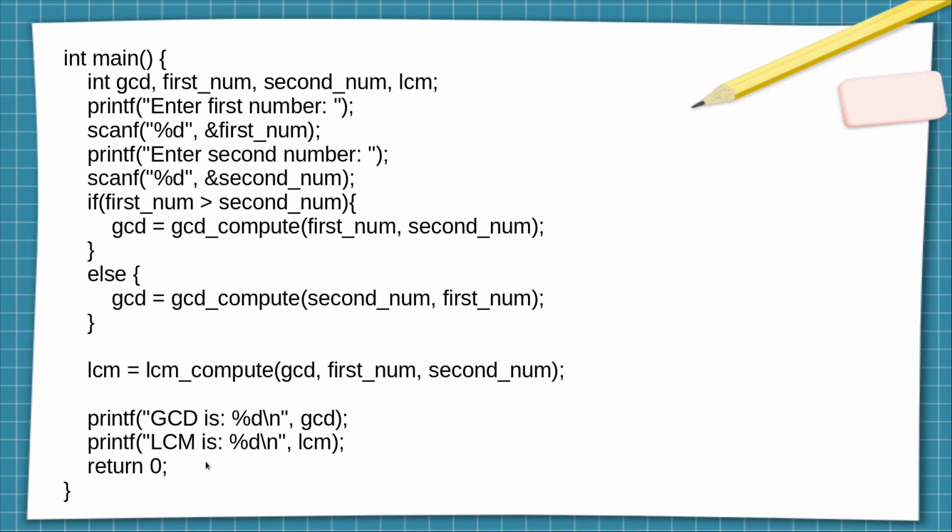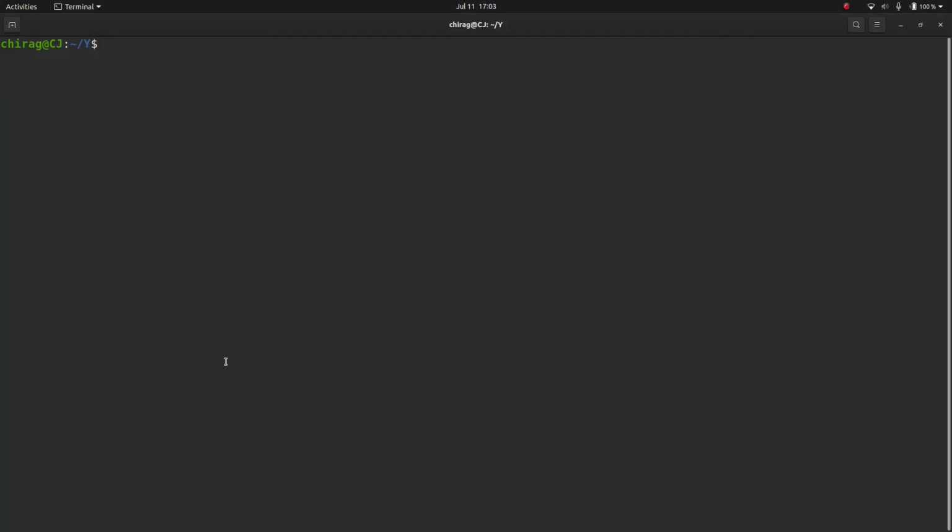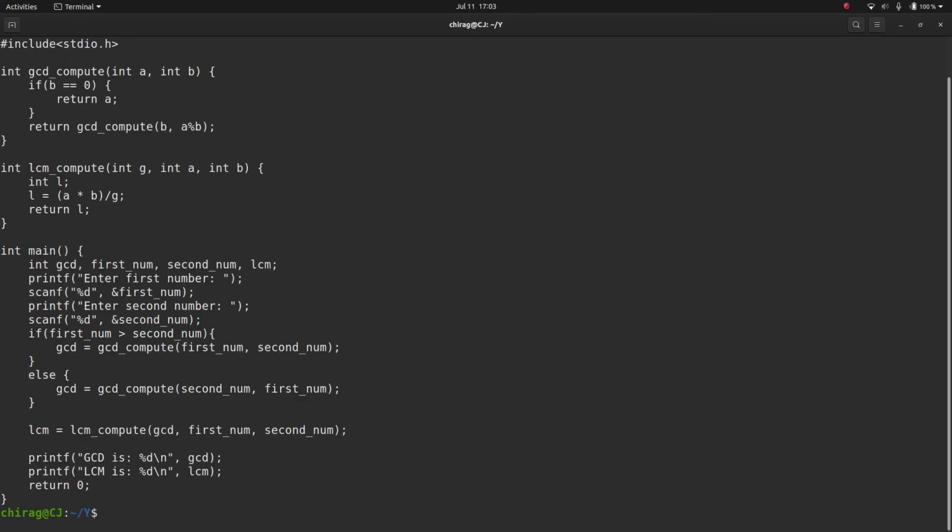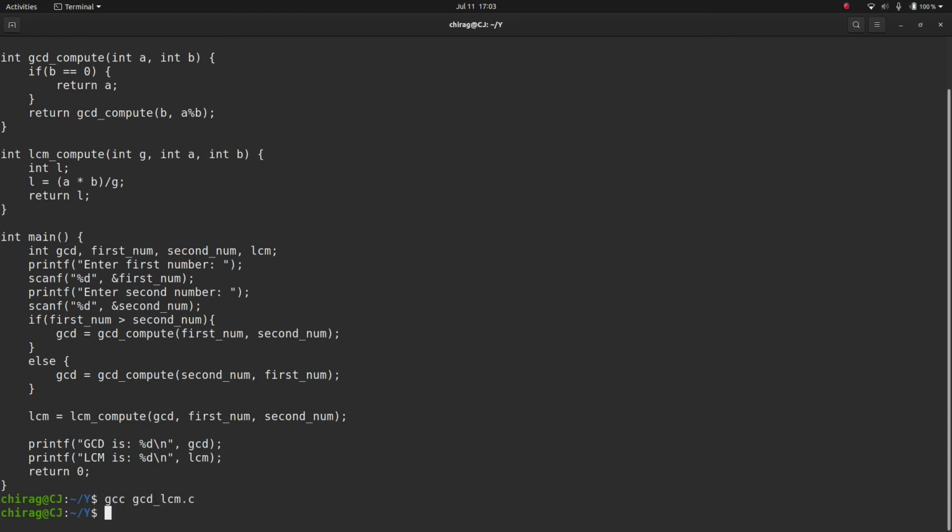Now let's compile and execute this program. So you can see that this is the same program which is there in the slides. Now let's compile it. Compiled successfully without any errors.